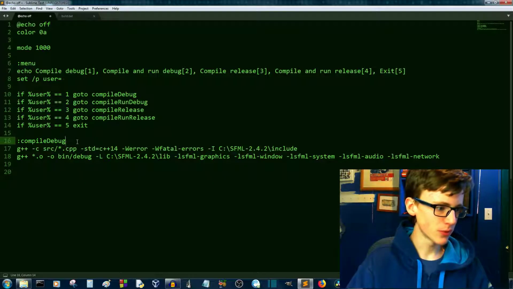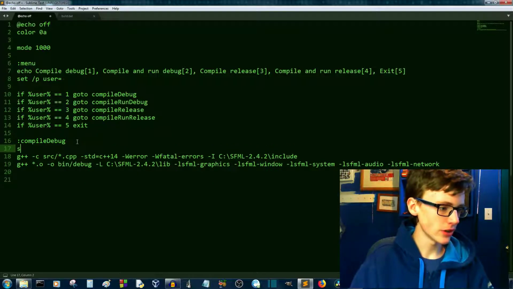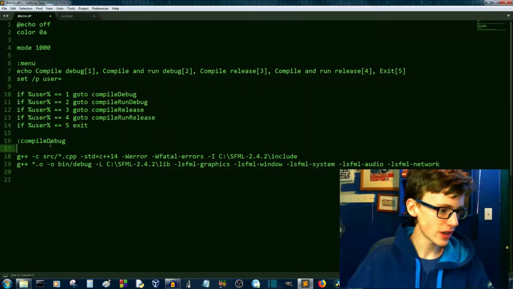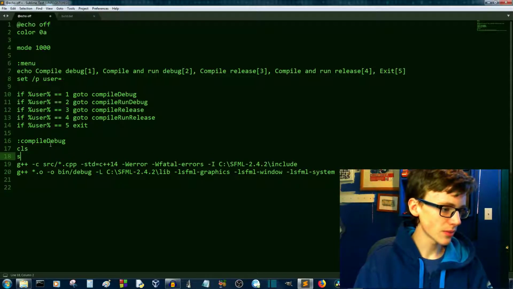And hold on a second, before we compile it, let's clear the screen too. This way, you're going to click 1, it's going to clear the screen, and then it's going to say, ooh, we should also print a nice message while we're at it. So first we're going to clear the screen with CLS, enter, then we're going to echo something nice to the screen, like echo to make it look like we're compiling